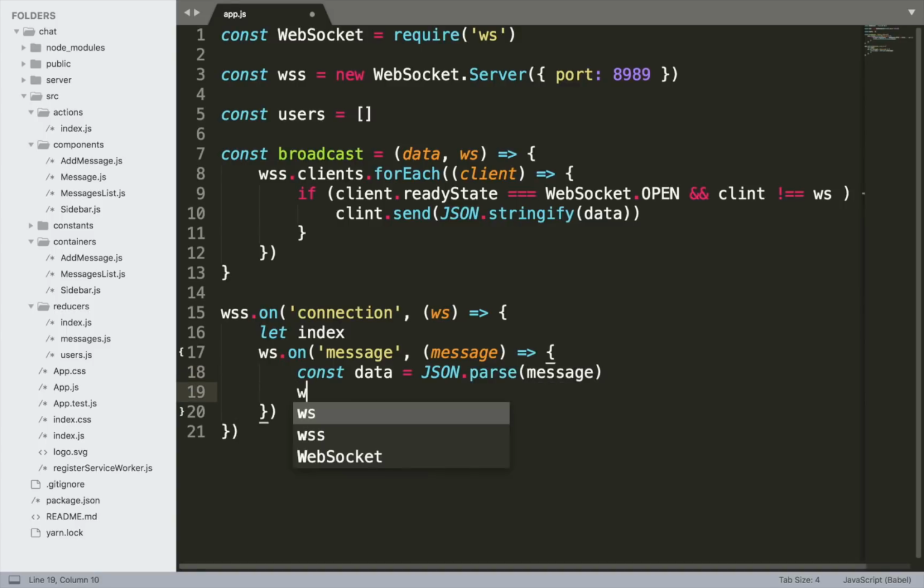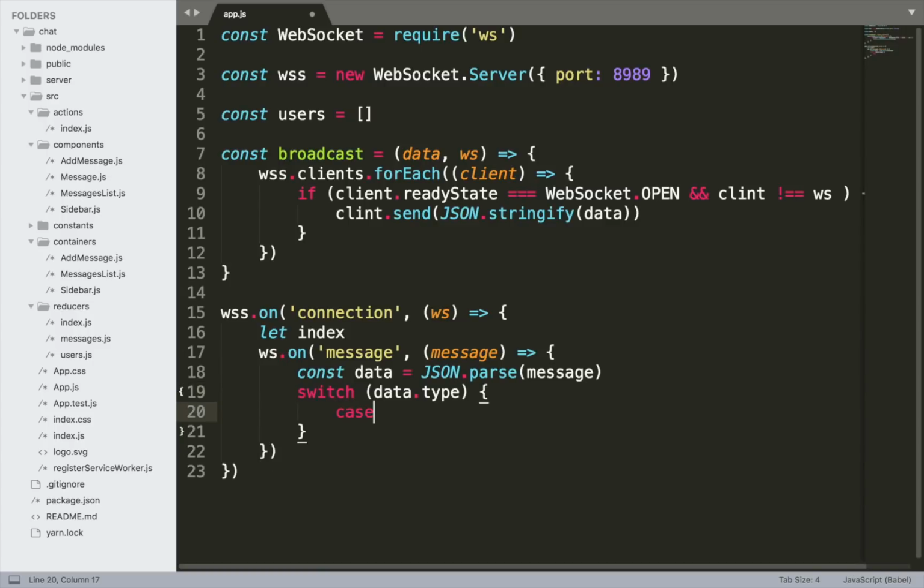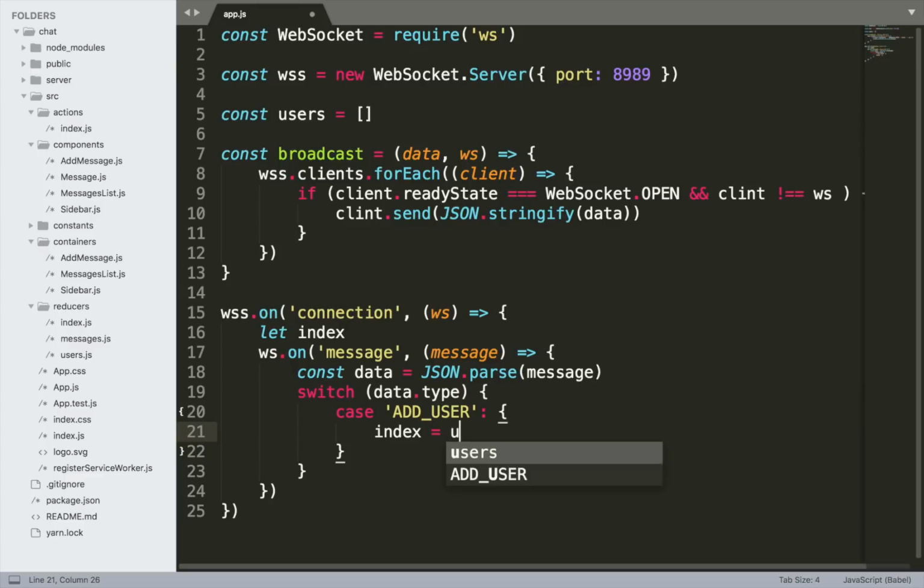And then we're going to have a switch statement, because depending on what the data actually is, we're going to do something different. So data.type. If the data message is showing add user, then index.users. Index equals user.length,